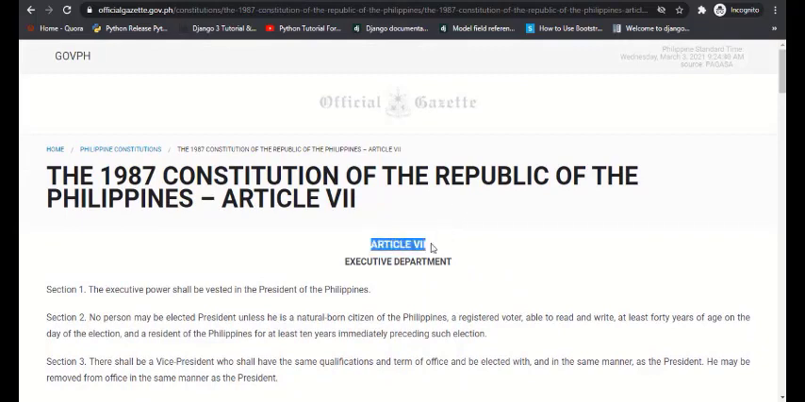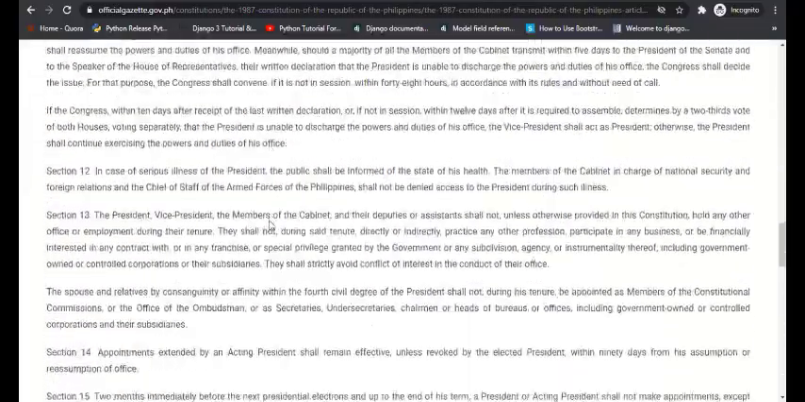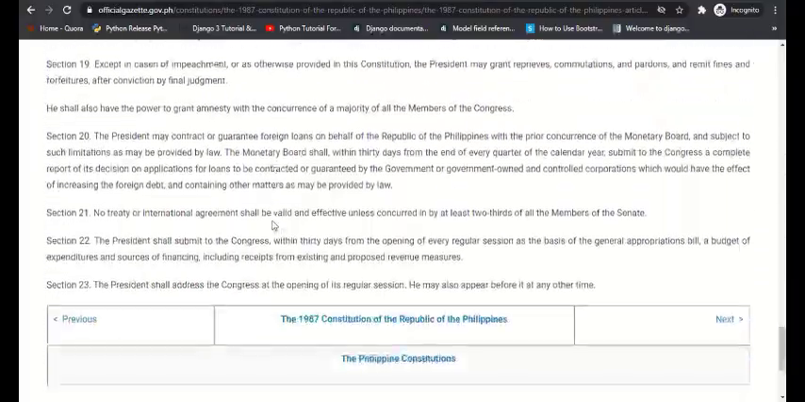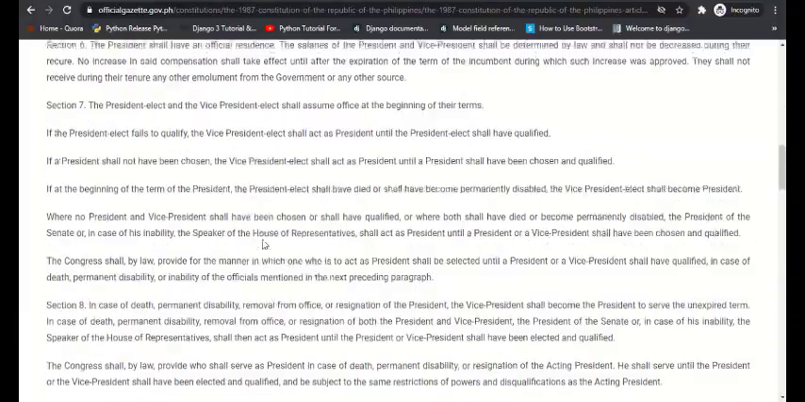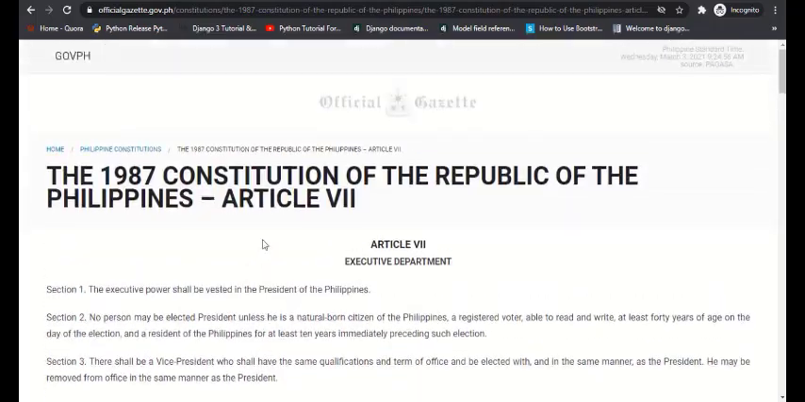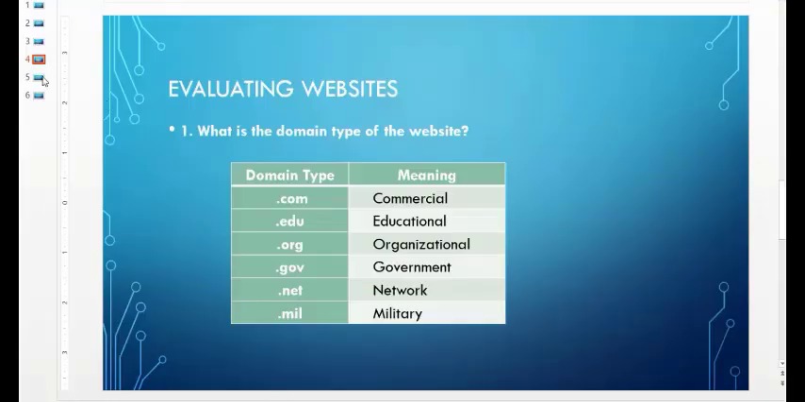So, as you can see, ang Article 7 pala is the Executive Department. And it contains provisions about the establishment of the executive department in the country. Okay, so next, you also might wanna